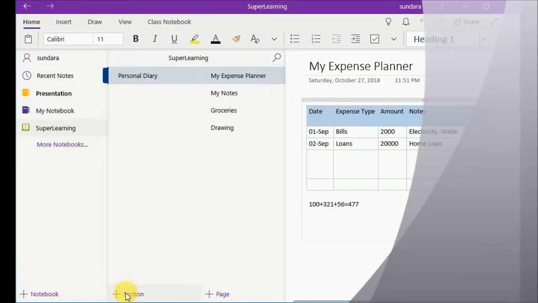Okay, I can name it as I want. So in this case I have named my notebook as super learning, and then I created a section called personal diary, and within that section I have added a couple of pages. Okay, this is the typical format of OneNote. Okay, let's